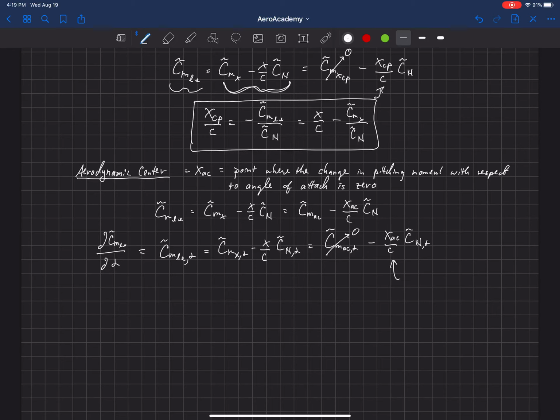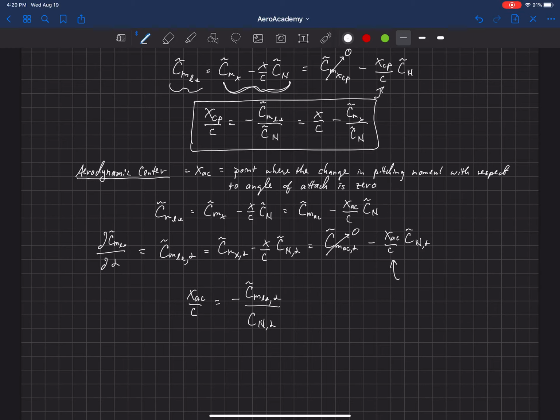So with that equal to zero, now I can solve for XAC over c in terms of the pitching moment at the leading edge or the pitching moment at another location. So let's look at it in terms of the pitching moment at the leading edge. So XAC over c equals, let's see, it's going to be minus CM leading edge comma alpha divided by Cn